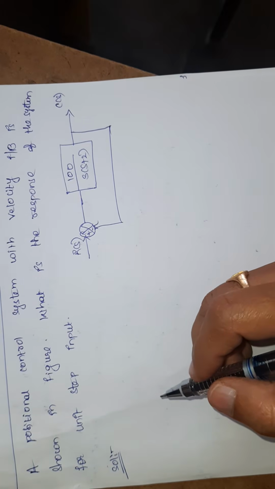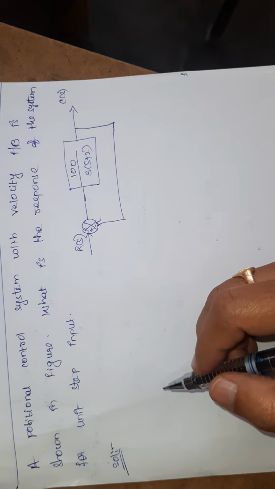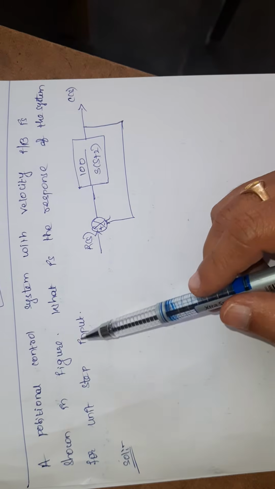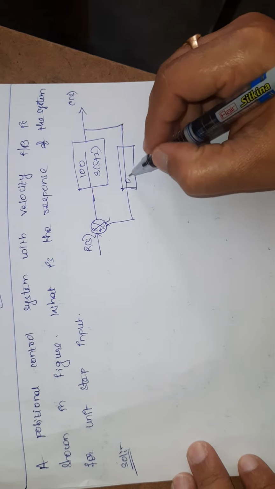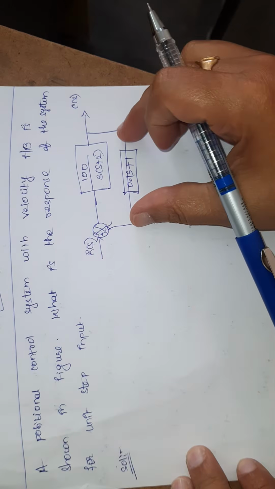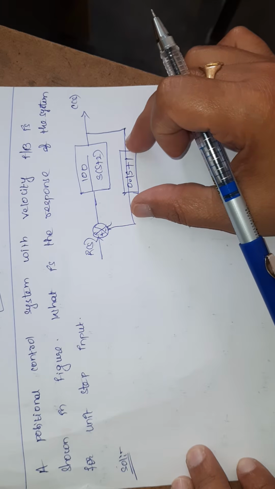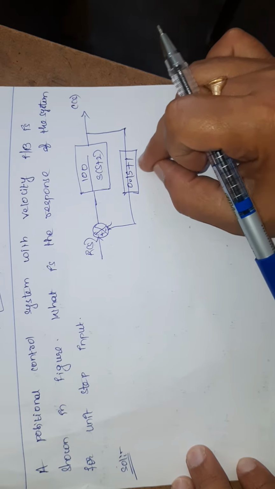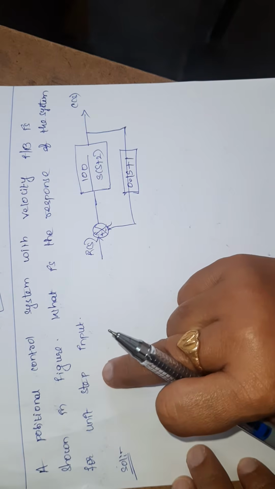Hello all. Now I am going to discuss one more problem on second order system. Here a positional control system with velocity feedback is shown in the figure. It is not a unity feedback system, it is a velocity feedback system. If it were a unity feedback system, H of s should be equal to 1. But here it is a velocity feedback system, that's why I have H of s equal to 0.1 s plus 1. Now I have to find the response of the system for the unit step